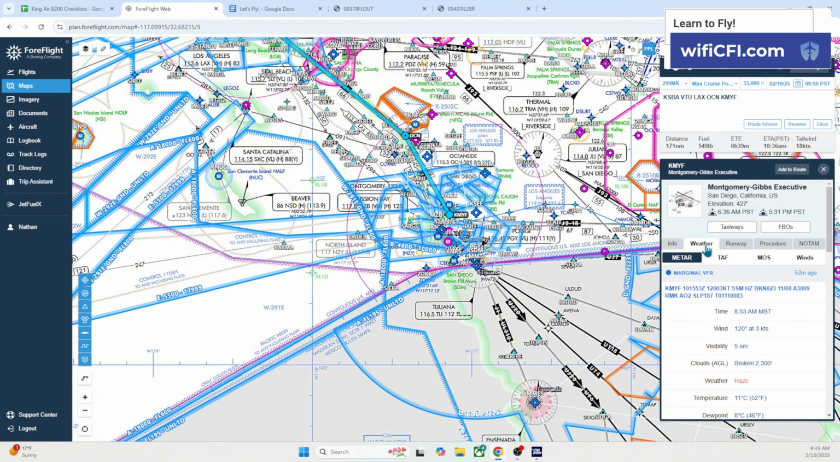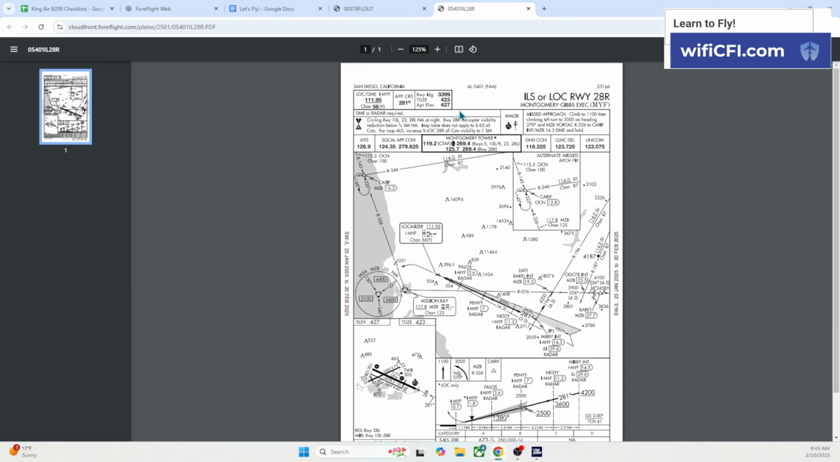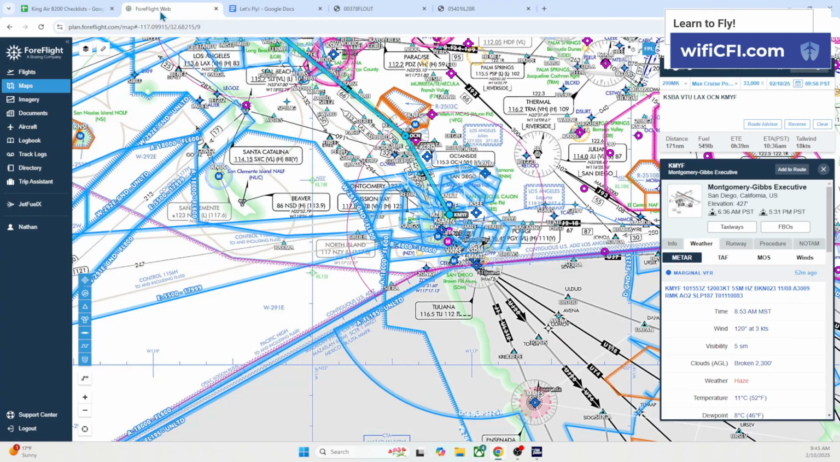5 statute miles of haze, broken at 2300. So marginal VFR. We might just end up shooting this approach. As we get closer, we'll probably give ourselves a direct to Bakel intersection. I'll zoom in so maybe you can see a little better. Come and hit Bakel intersection, and then maybe we can shoot Silas to a right and to the